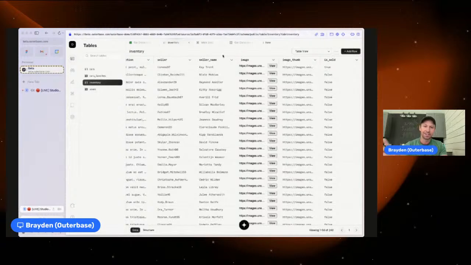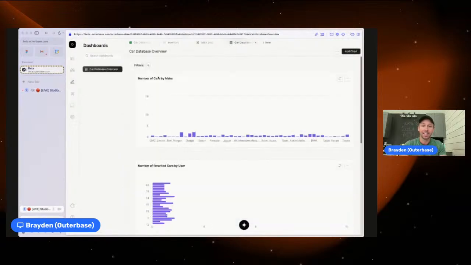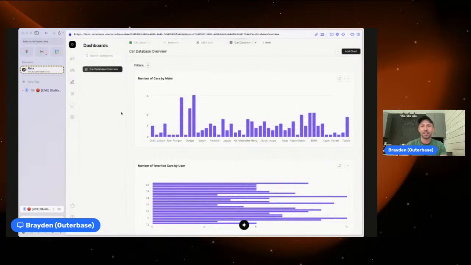And one last thing to touch on outside of plugins is dashboards. We have ways for you to visualize your data in different ways. Brandon was kind of showing this in the queries tab, but you can also build this as a full dashboard of all the data and all the information you want from your database. And these are all powered